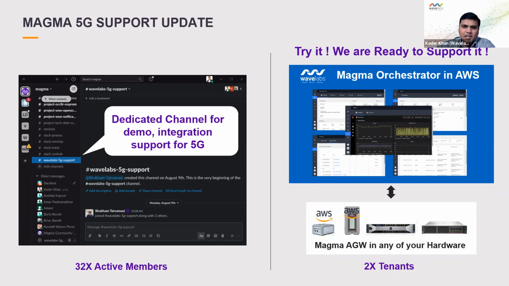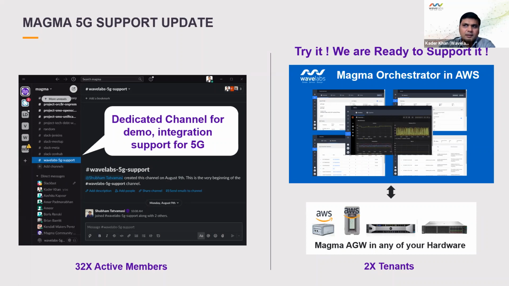From last meeting to now, a couple of companies in the community have been using the orchestrator and experimenting with whatever they are trying to do. I sincerely encourage and request every one of you to join this channel, as well as take advantage of this orchestrator that is available in AWS to your own needs and benefits. So those are the quick updates with respect to the development as well as the support.